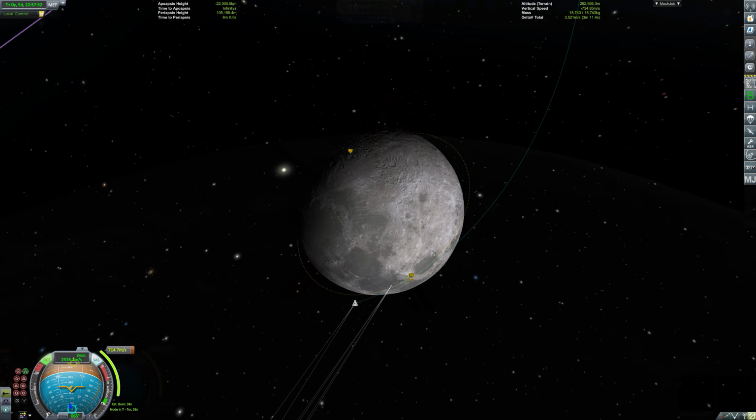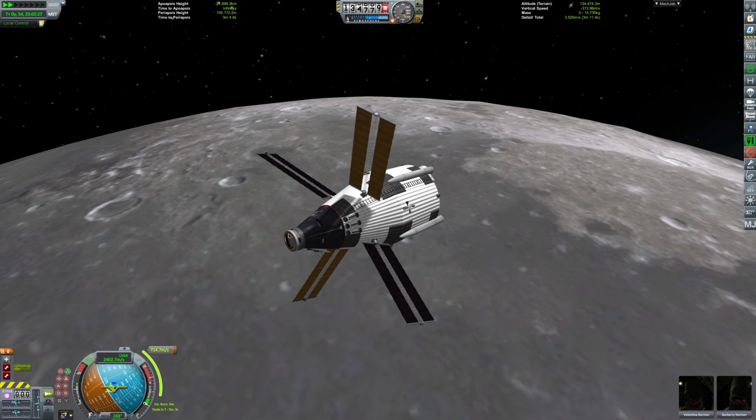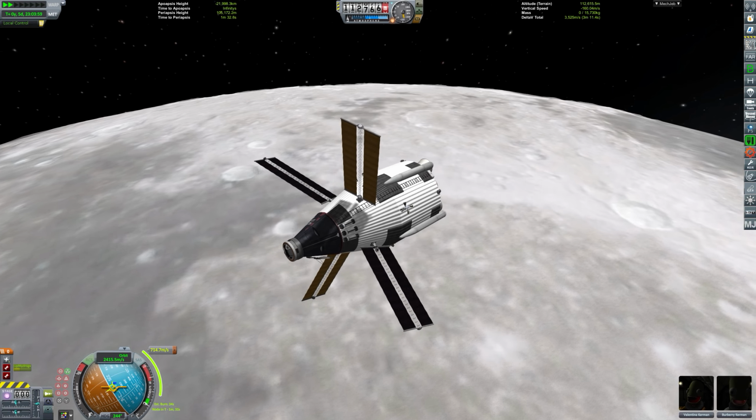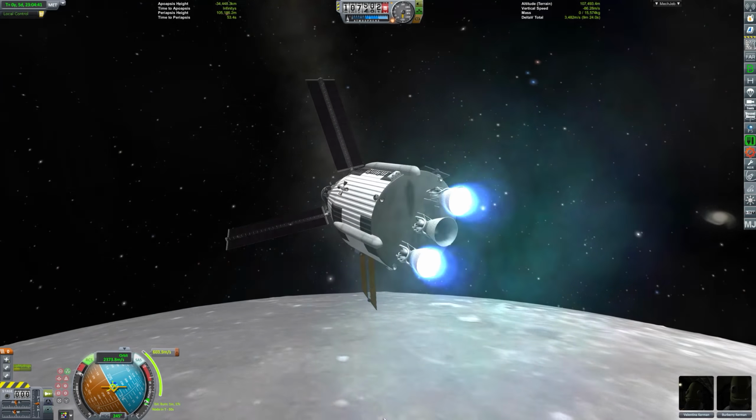They are bringing this vessel down here into a low moon orbit. They need to do a retrograde burn here. This burn is only around 700 meters per second. We have quite a lot of fuel remaining, more than enough to actually touch down comfortably on the moon at